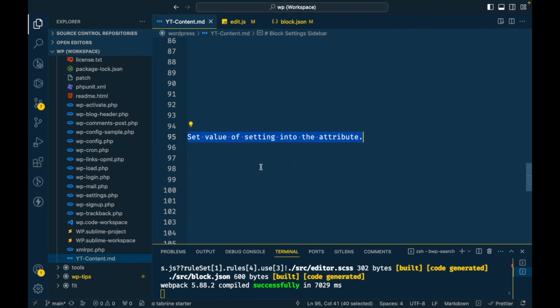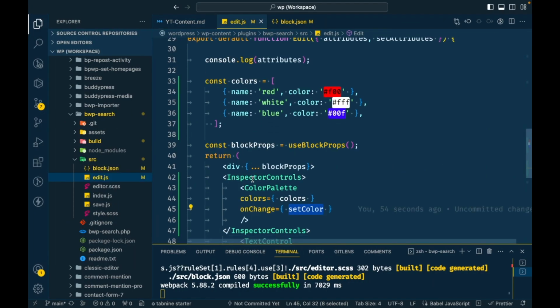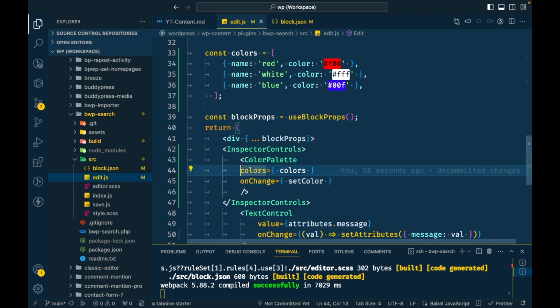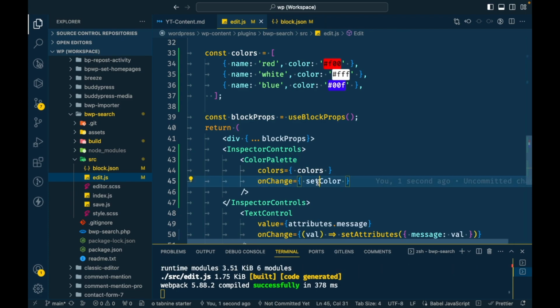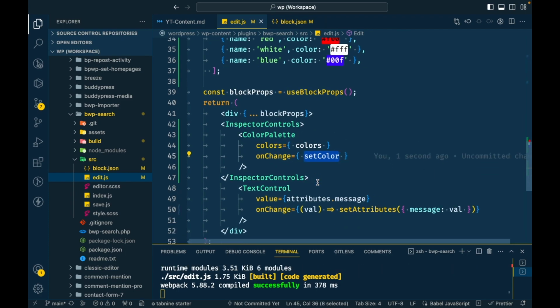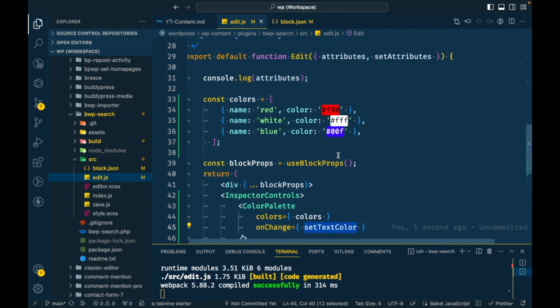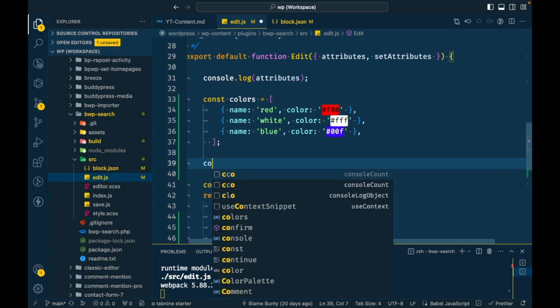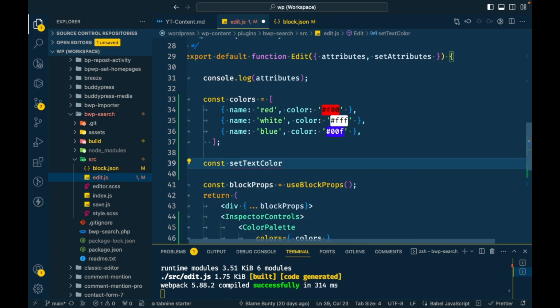So for that we have an on change event for the color palette. For this color palette on change, here you can define your own function, set color. So I'm gonna say set text color, and then this function will set the attribute with the set color. So I'm gonna use this function const set color,